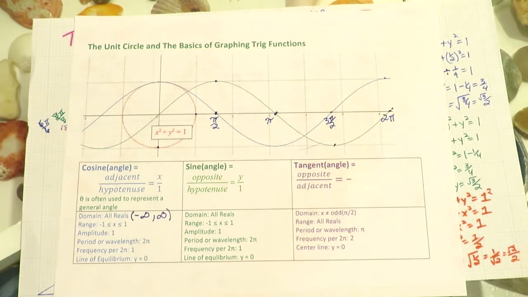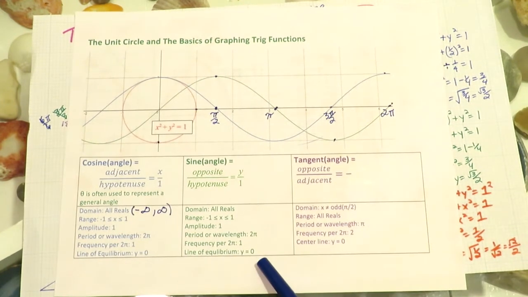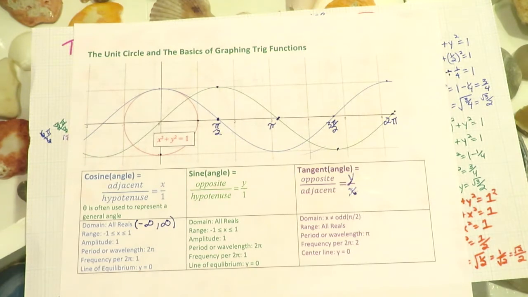And then the center of the wave is the x-axis. It's the line y equals 0. So that's kind of the vital information about sine and cosine. Tangent is defined to be the y coordinate divided by the x coordinate. So I'm taking angles and I'm mapping the angle to the ratio that you get if you take y and